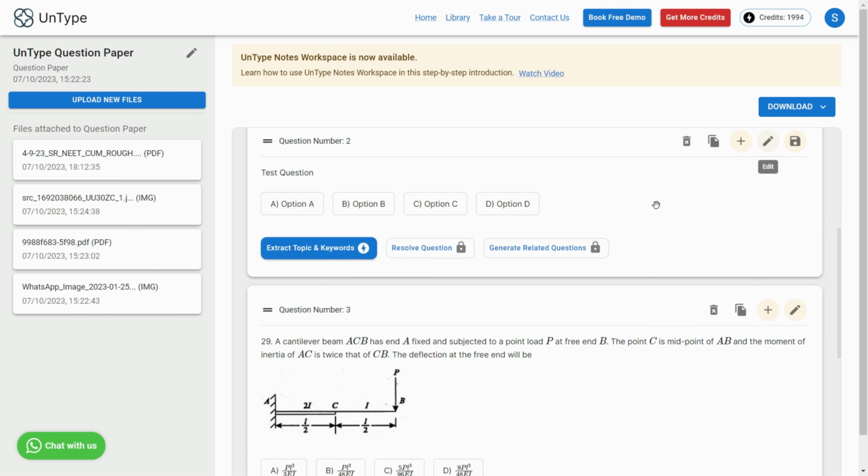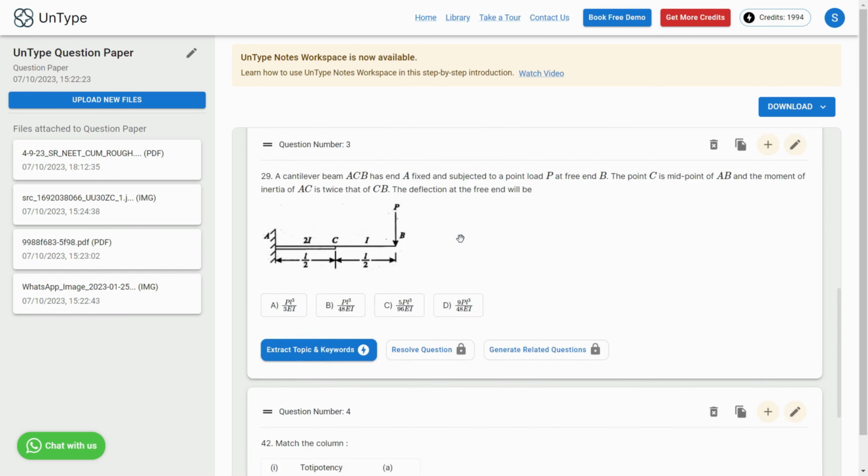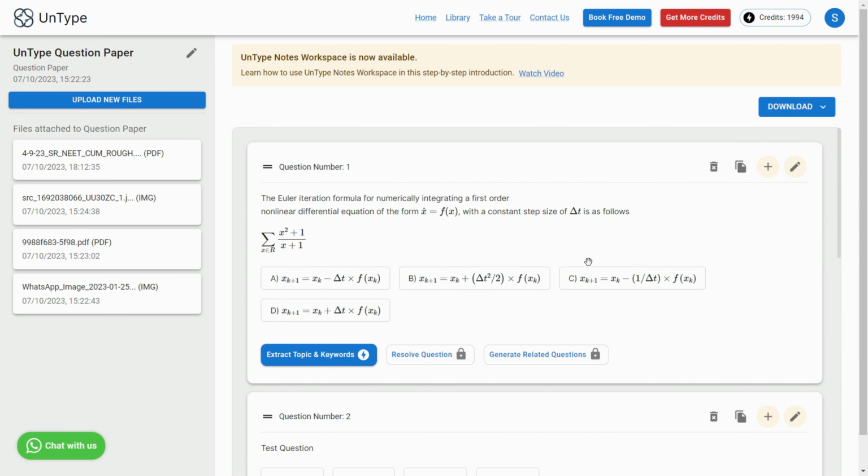Again, go back to preview. As you can see, this is the question, and click on save. So that's how you actually get questions that you can edit, that you can add, and all the features that you can leverage to quickly create a question paper